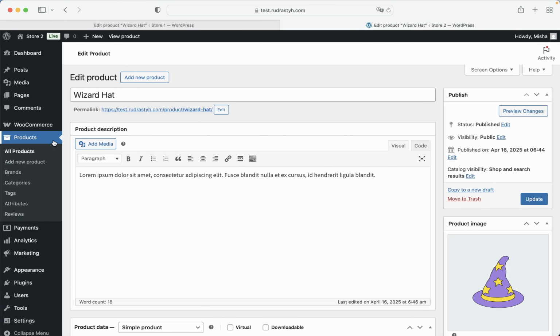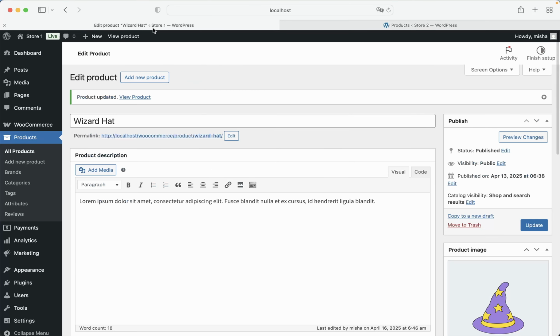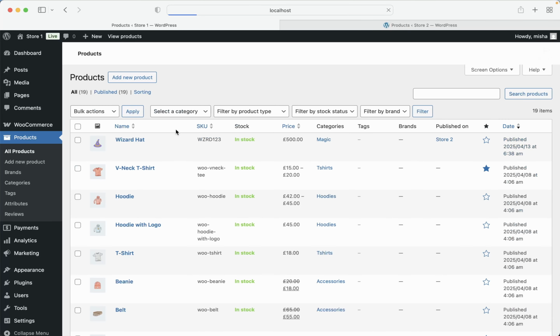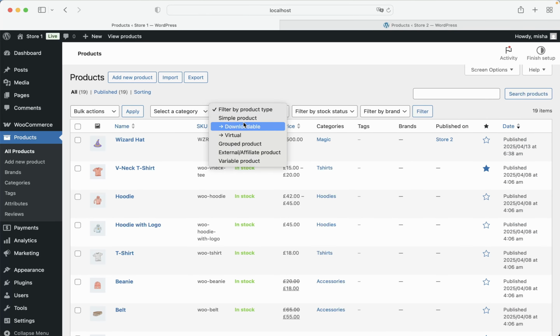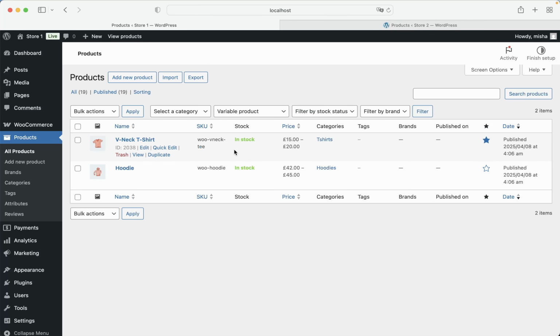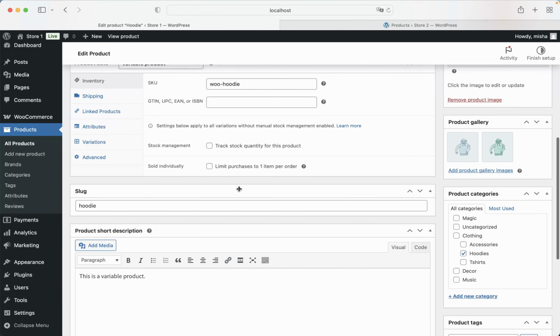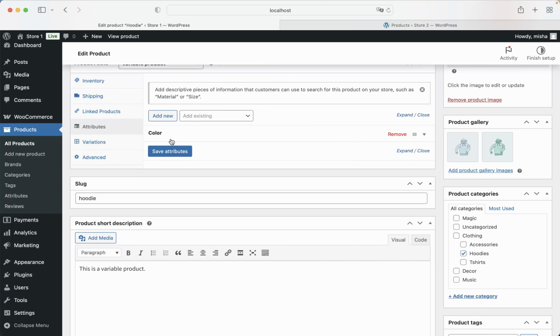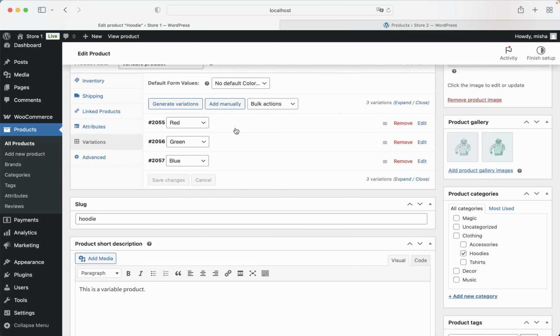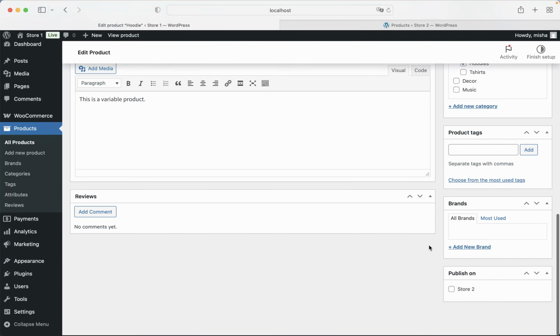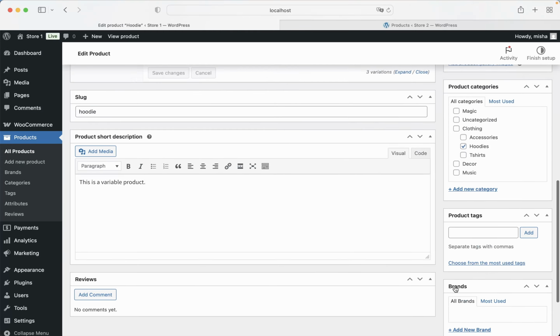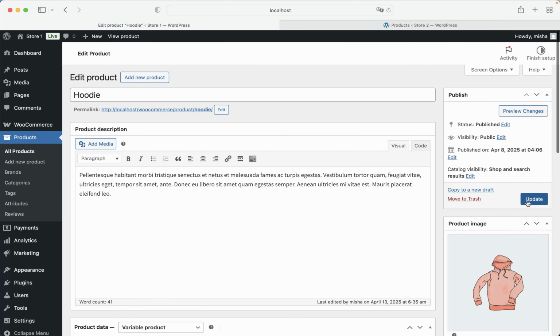Alright. And right now, let's just go and select something more interesting. For example, we can select a variable product from here. So just filter it by type. Alright, and we can synchronize, I don't know, for example, this one. And this variable product has its product gallery, it has some attributes, which is color, and it also has a couple of product variations. Alright, let's just go ahead and try to publish it to our second store as well. So I'm just gonna hit the update button,